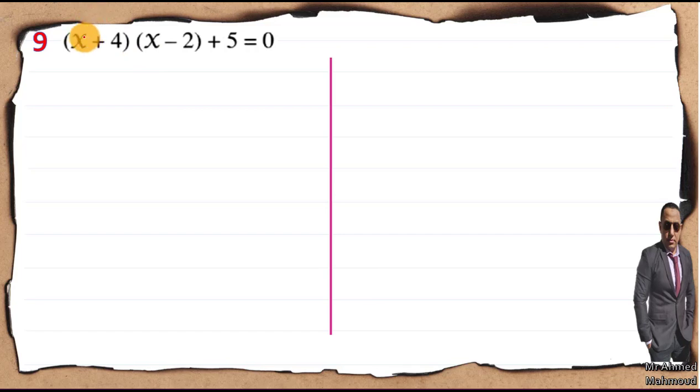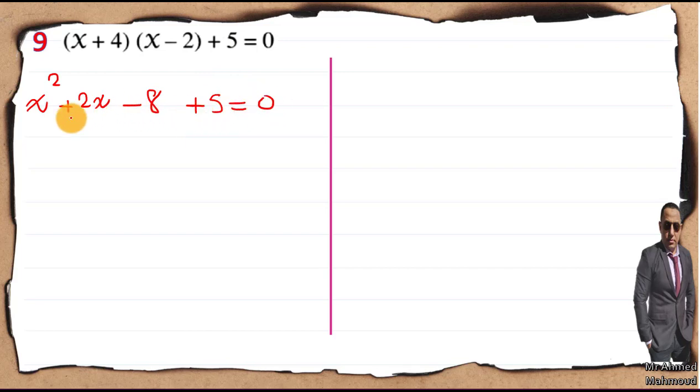Remember with me, how can I expand the brackets? First times first equals x power of 2. Second times second: 4 times negative 2 equals negative 8. The means equal 4x and the extremes equal negative 2x. 4x plus negative 2x equals positive 2x. This is the expansion of the two brackets. Now I'm going to complete, drop down plus 5 here